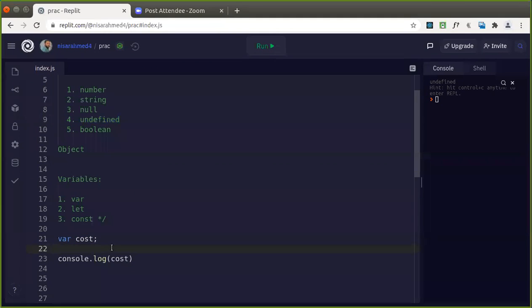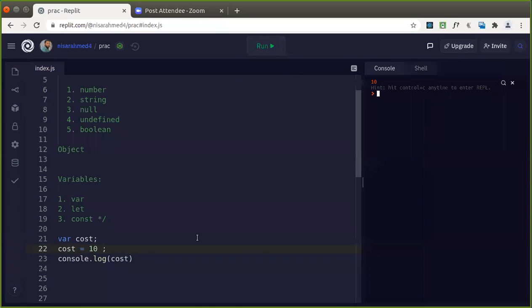So what var does is that, suppose you have declared var and stored some value. Then cost is equal to 10. I have just assigned the value using the assignment operator, that is equals to. Now you can see that you get the value as 10. So you can declare a variable using var, assign a value, and change its value also. When I have assigned an initial value, I can change it during the course of the program. Later on, if I want to make some modifications, you can change it. That is how var works.